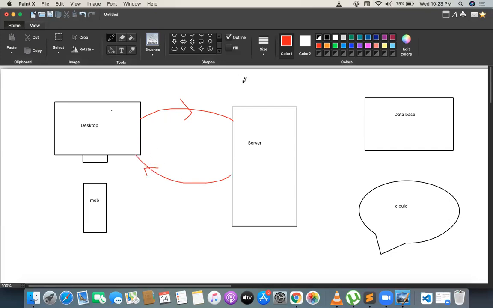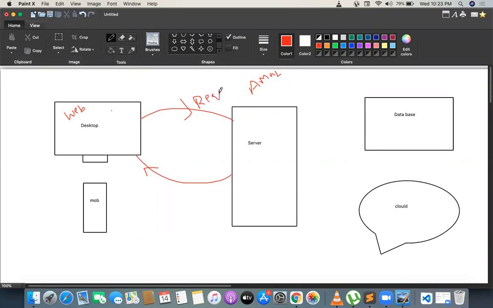So for example, I am working with the Amazon website now, right? Suppose this is the architecture of Amazon. So from the desktop, I am opening the Amazon website. I am opening the Amazon web page here. So through this particular web page, I am giving some request to the server. What request am I giving?